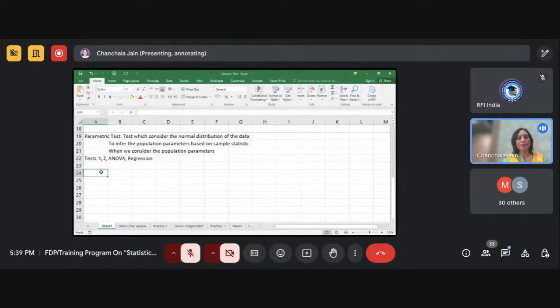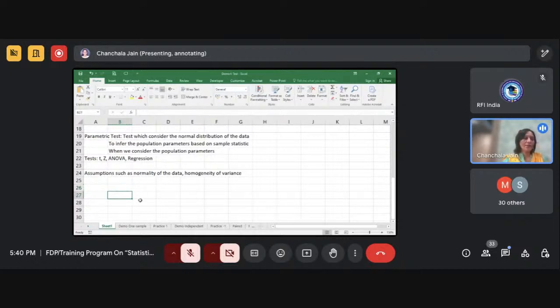Right? Generally, these tests are based on assumptions such as normality of the data, homogeneity of the variance. So these are some of the common assumptions the parametric tests consider for applying them. If we have the data, we generally need to test such assumptions, and if the data is meeting these assumptions, we can go further with applying these parametric tests, right? So these are the common.